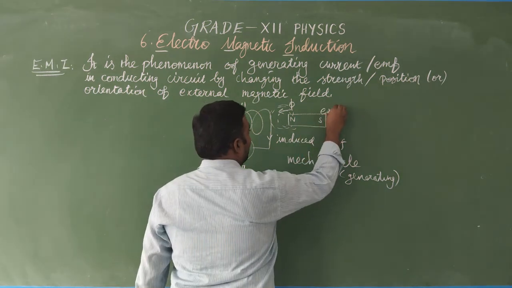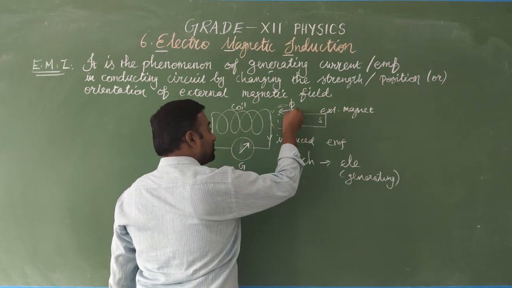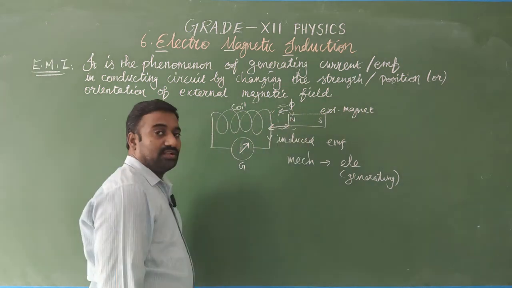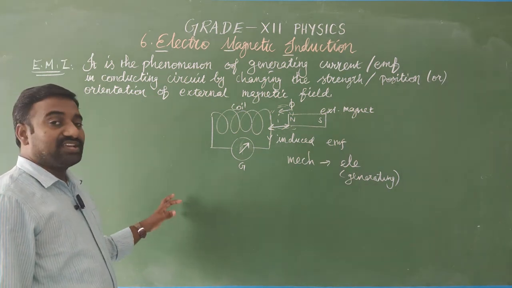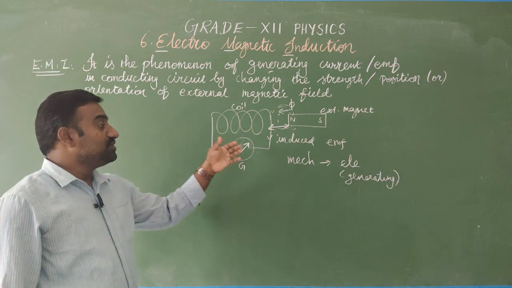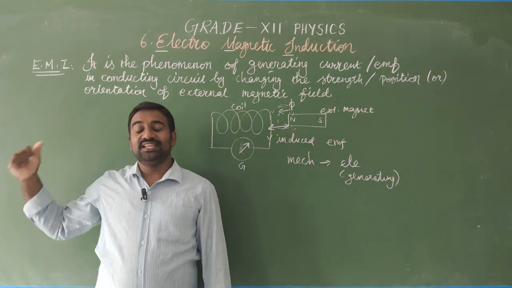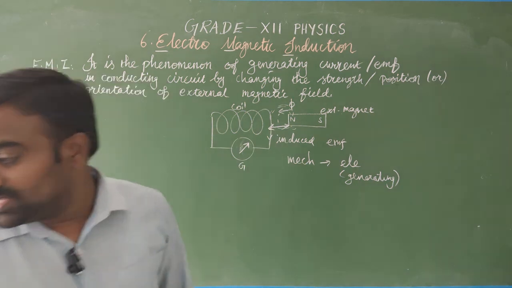So this is the external magnet, and in the external magnet the magnetic field changes by the link between the magnet and the coil. Hence the phenomenon is called electromagnetic induction. And the current induced in this process is induced current. So the process we can say is electromagnetic induction. Next we are going to discuss